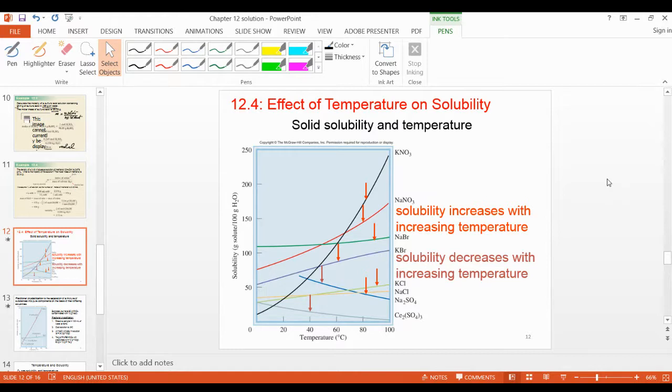But if you put this gas into the fridge at low temperature, if you reduce the temperature, then the gas is dissolved into the solvent, and you take it out and you drink it and you enjoy. Very good, excellent. So this is the difference between solid and gas. At high temperature, the solid is going to dissolve and the gas is going to evaporate, not dissolve. But at low temperature, the solid cannot dissolve, but the gases do dissolve. So this is the difference between solubility at high temperature and low temperature.